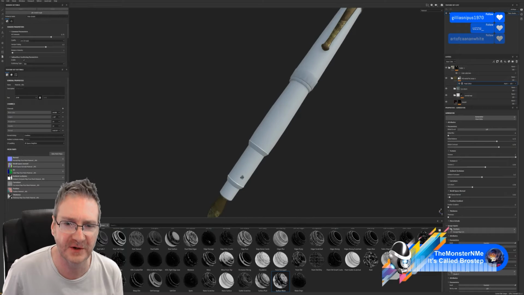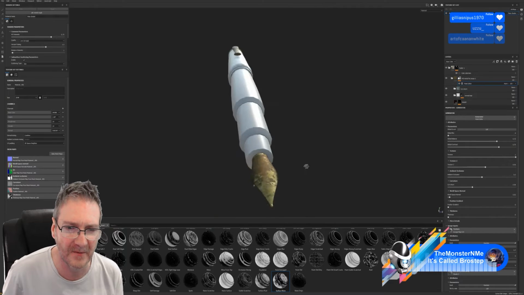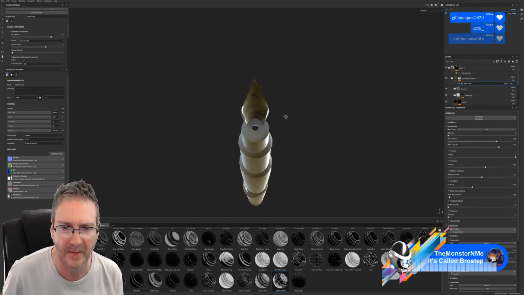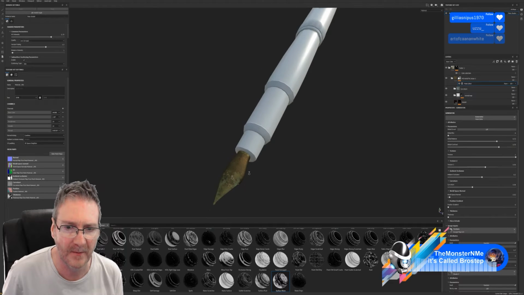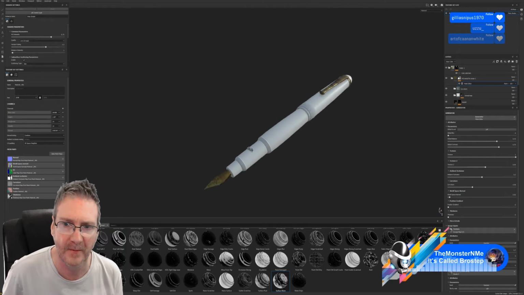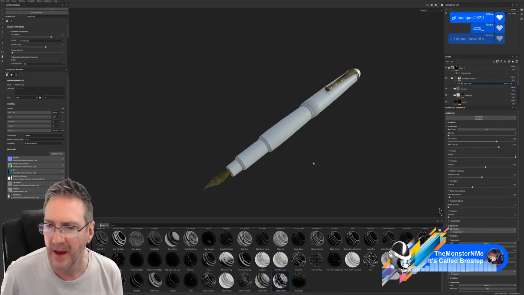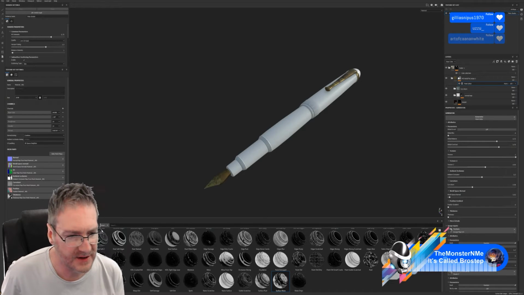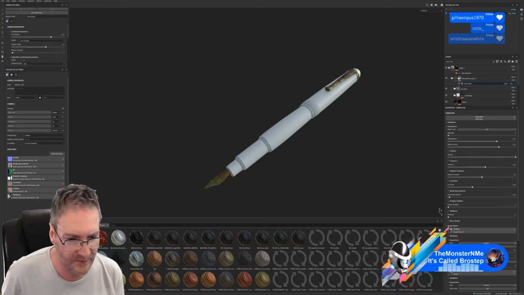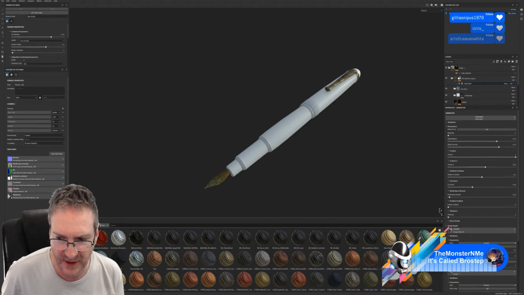And the gold looks a bit old and rusted up. Alright, let's look at the body of the pen now. So, let's see, what do we got here?